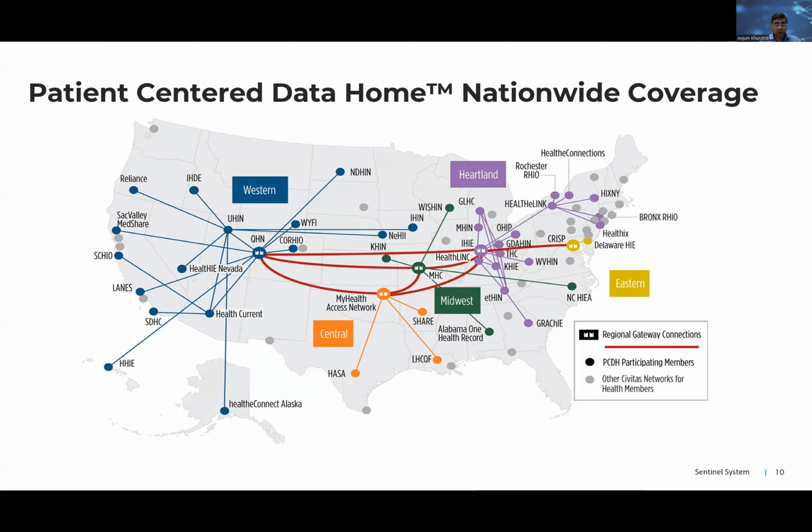So the system is called Patient-Centered Data Home, and the idea is that if a patient who lives in New York, and most of their data obviously will be in the New York HIE where the encounters happen, is traveling to California and has an encounter there, then the California HIE will use the Patient-Centered Data Home technology platform to identify the home HIE for that patient, and push that record to the New York HIE so that the patient's records are always complete, irrespective of wherever their encounters are taking place.